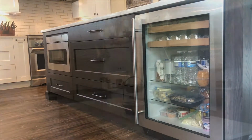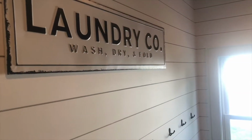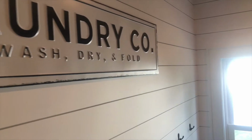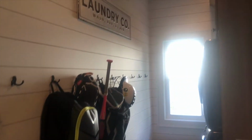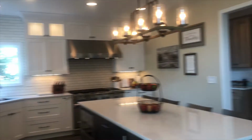And with this being one huge area, this could be what I like to call a big mudroom or family management area. Yes. We can still keep the washer and dryer over here with some additional cabinets. That would be great. Benches, you can come in, everybody can sit down, take off their shoes. Tons of hooks and storage for all the sports bags and everything that you mentioned, with all the sports that your kids play. And you guys will be